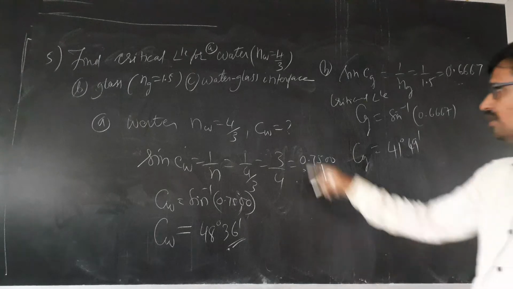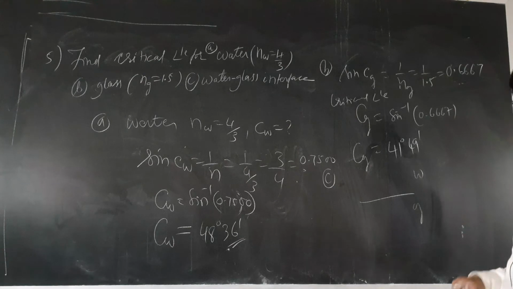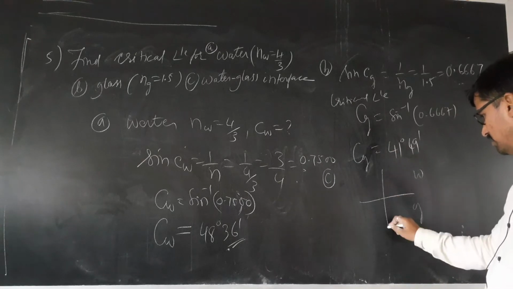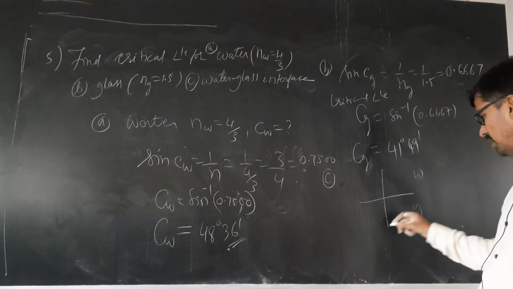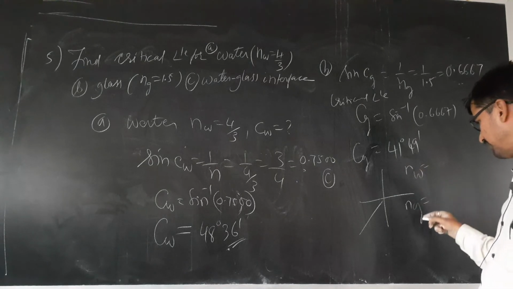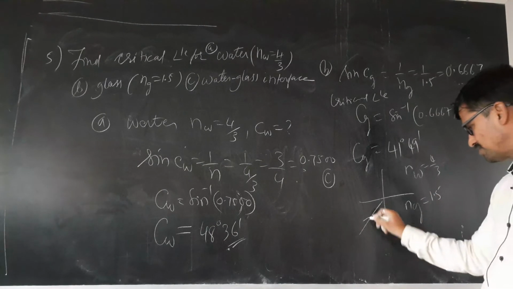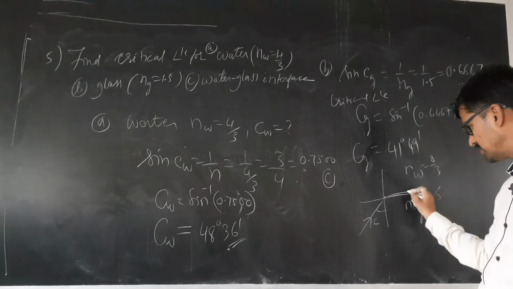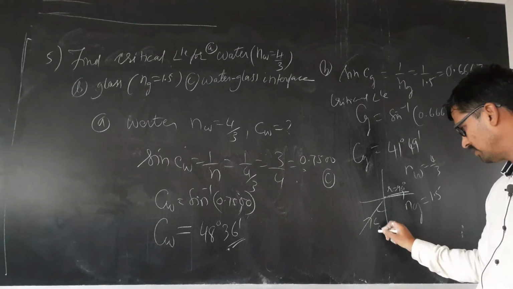Now the interesting one: water glass interface means water is also there, glass is also there. For a critical angle to be formed, children, light should travel from water to glass or glass to water. It should travel from denser to rarer. In glass and water, glass is denser and water is rarer. What refractive index have they given for glass? 1.5. Water refractive index is 4/3. Light should travel from glass to water. The angle for which the ray grazes the surface, angle of refraction becomes 90, is called the critical angle for the glass water interface.